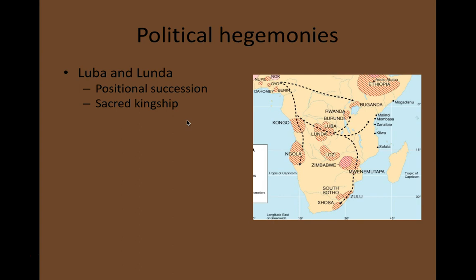It's almost, and I want to say it's not quite this, but it's similar in some ways to the Dalai Lama in Tibet, where the idea is that there is this God who takes human form, and so when the Dalai Lama dies, they search through the countryside and find someone who was born right at the moment of the Dalai Lama's death, and identify that new person as the Dalai Lama. It's not quite like that. There is a sense of reincarnation, by the way, in the Luba Lunda system, but it's not quite like that.